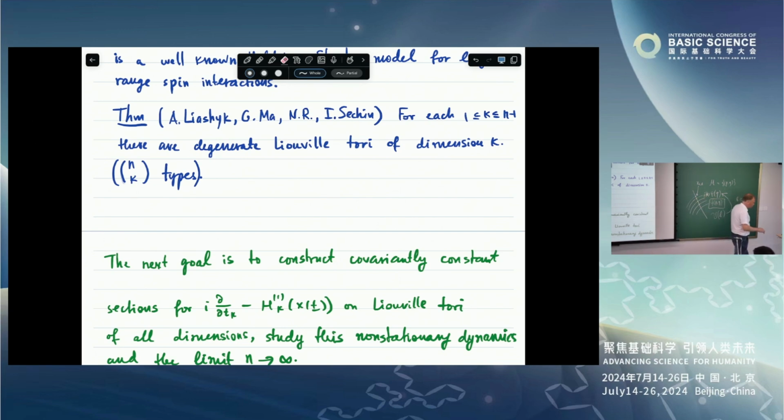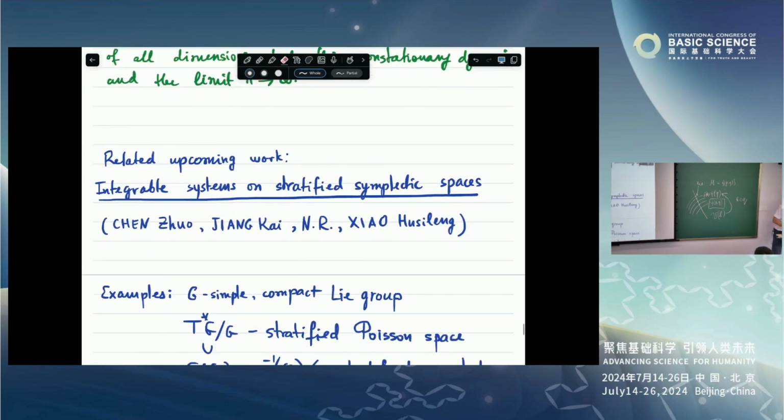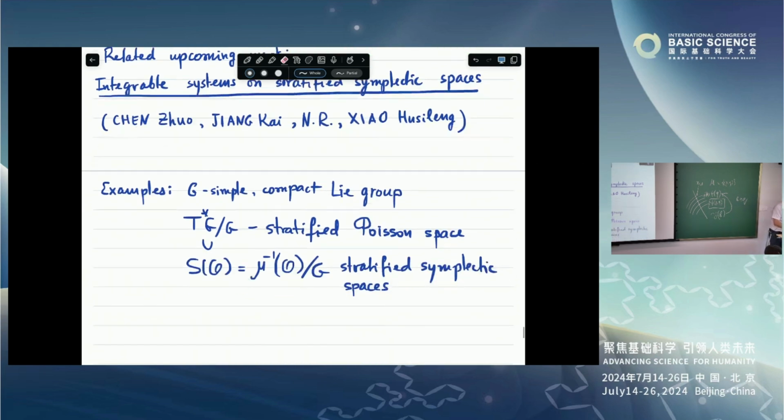So the question is whether there is a similar phenomenon for other integrable systems, in particular for the class of so-called superintegrable systems. So it seems like we sorted it out, but it's not out yet. So there's this whole array of so-called stratified integrable systems. And actually, it's not an exotic thing. It's a very typical thing.